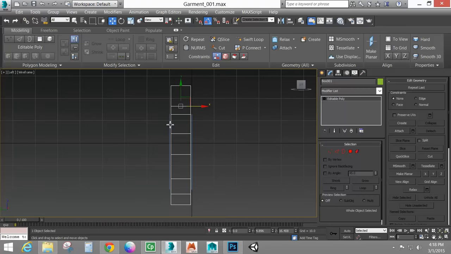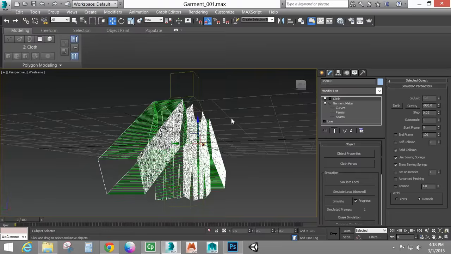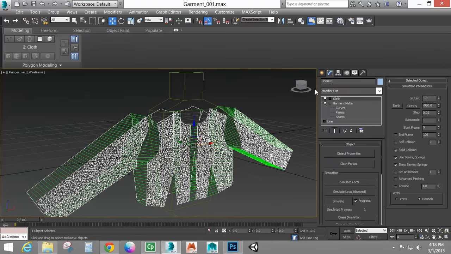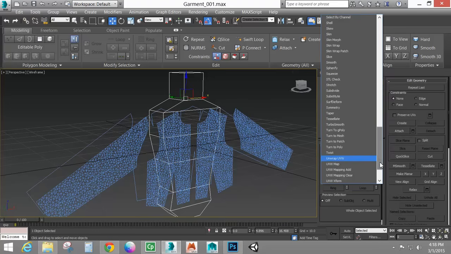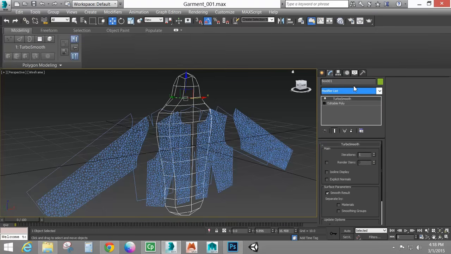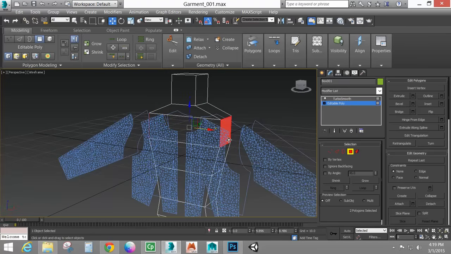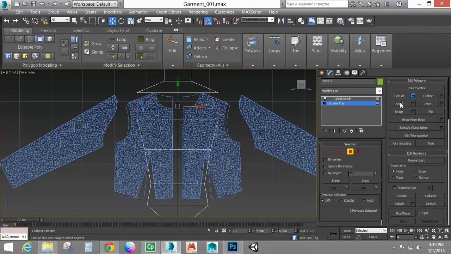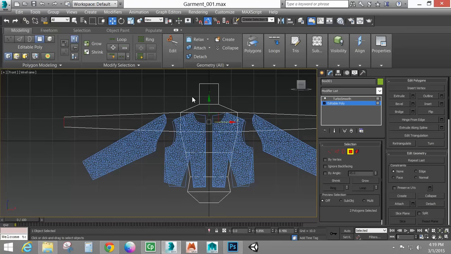So I'm going to go back to Garment Maker, or not garment, go back to the cloth, and I'm going to add this object. So actually, let's select that. I'm going to put a turbo smooth on this character, and I forgot to extrude him some arms, so we'll just extrude those far out. I'm going to scale the ends here and pull them down,